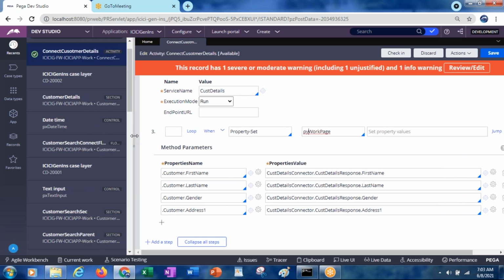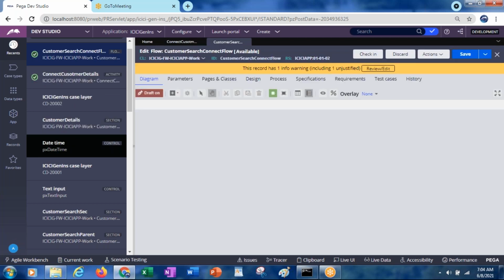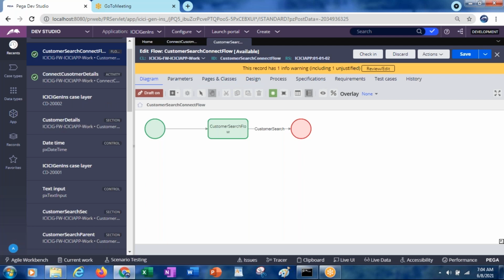So earlier we implemented one functionality for retrieving the customer details from the data type through the OBJ open. Now what I want to do is the same flow: I did save as customer search connector flow.